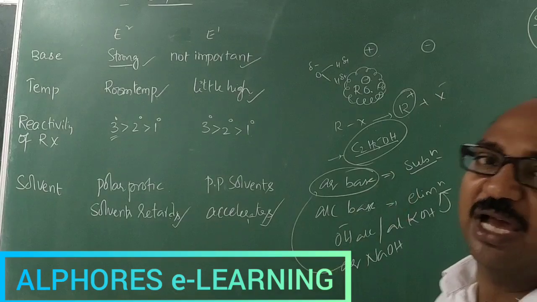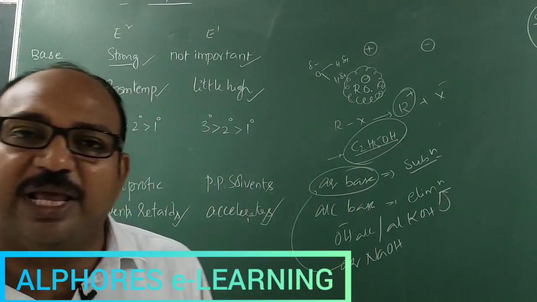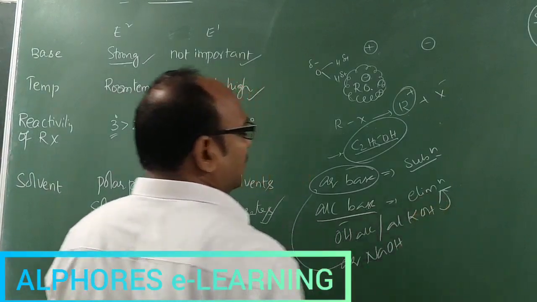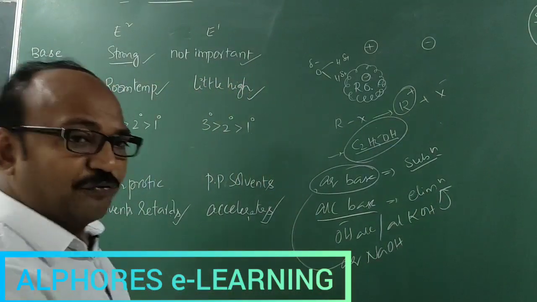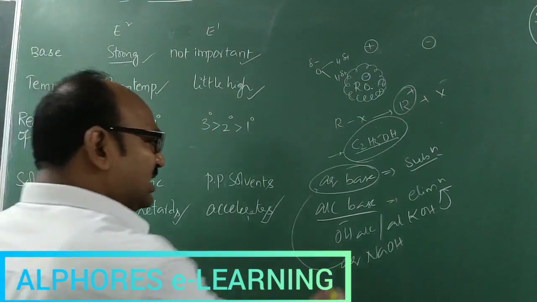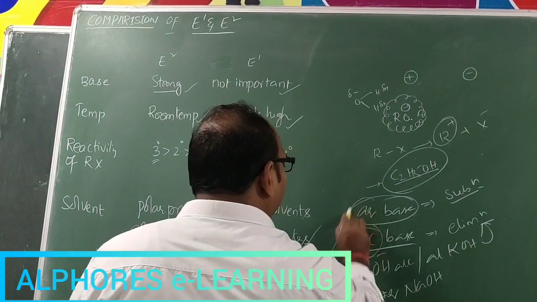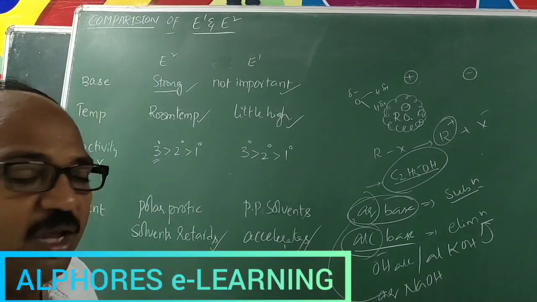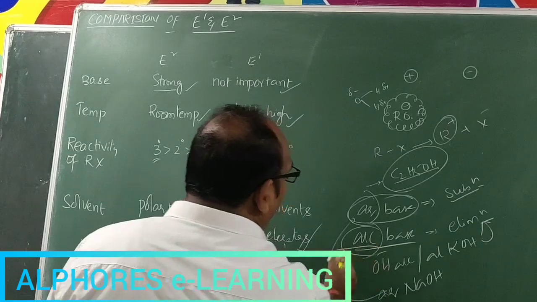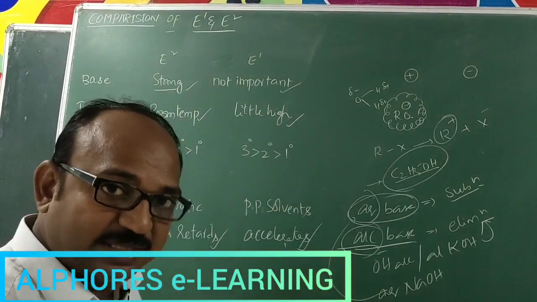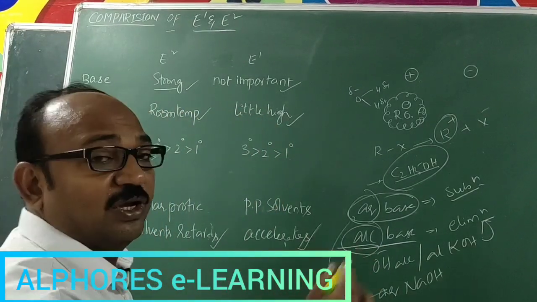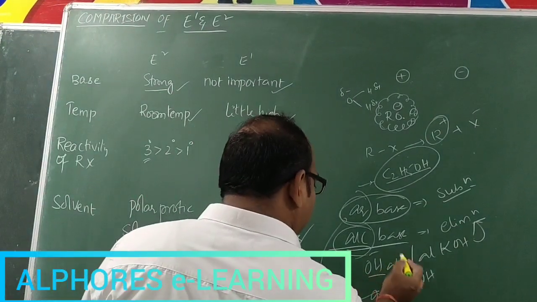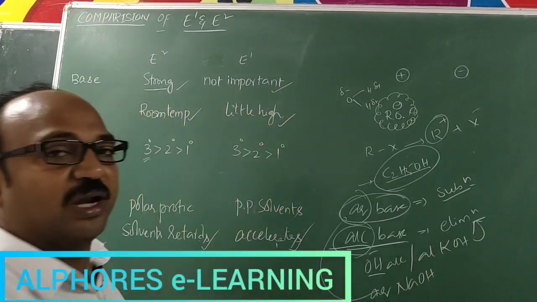So aqueous base always gives substitution product as the major product, and alcoholic base always gives elimination product as the major product. The difference between these two is that the bases remain the same, only differing in their solvent. Here the aqueous medium, being more polar protic, has a different mechanism, and alcohol, even though it is polar protic, has a lower dielectric constant, so it prefers elimination. And one more point here is, whatever the base, either NaOH or KOH, the functioning remains the same.